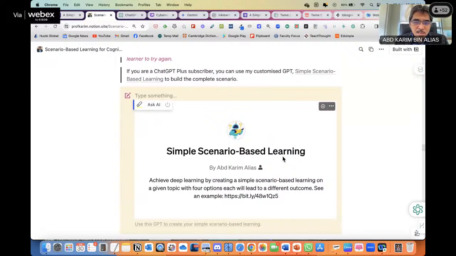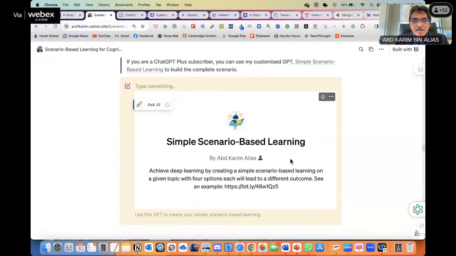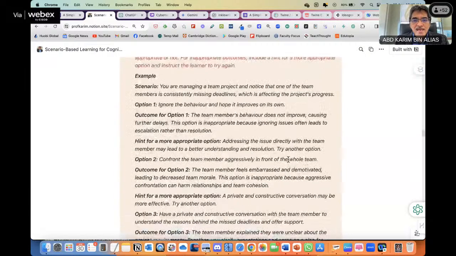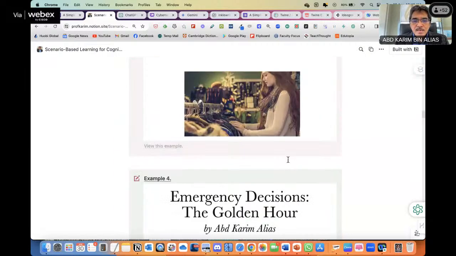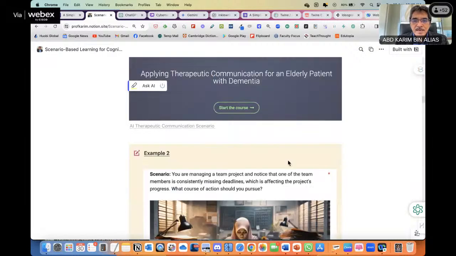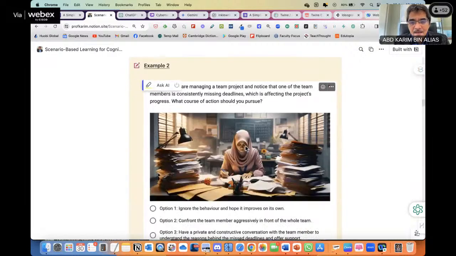So what we will do next, after we take a short break, maybe about 10 minutes, then we come back and build a similar scenario using Google Form. Then I will show you another tool to build the same scenario, but using another tool.